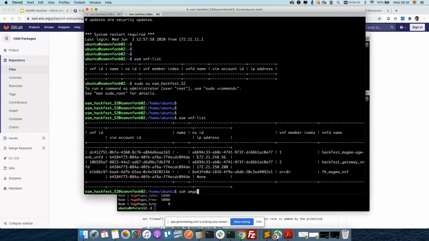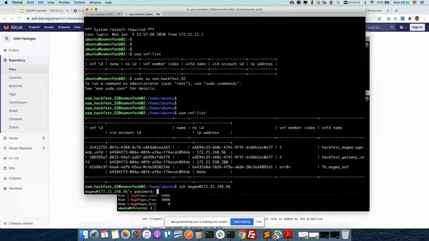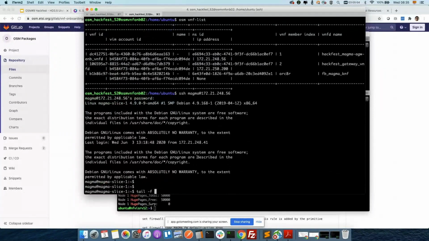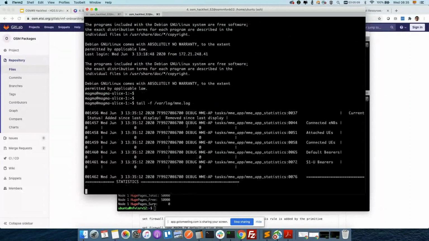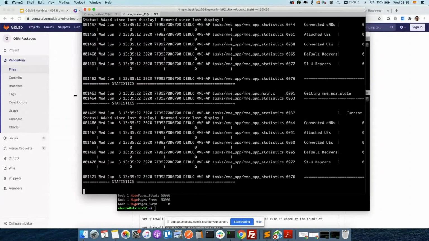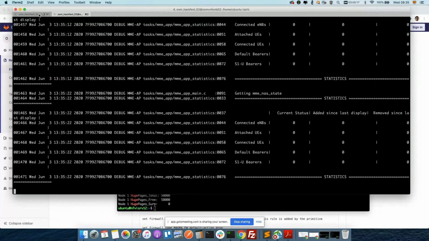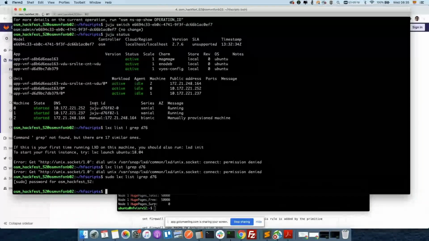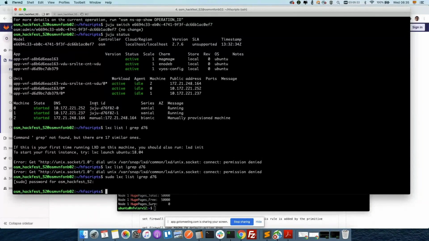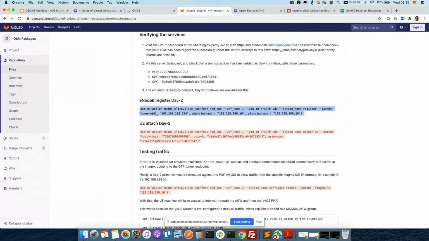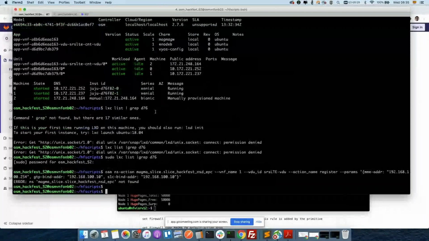So Magma at address. And here I will be able to monitor my MME element. It's the one that implements a control plane for the eNodeBs and the UEs. So I have 0 eNodeBs now. Imagine that the eNodeB was physically installed with the antenna and everything. So it's ready to be registered, and as an operator, I can run just a primitive,